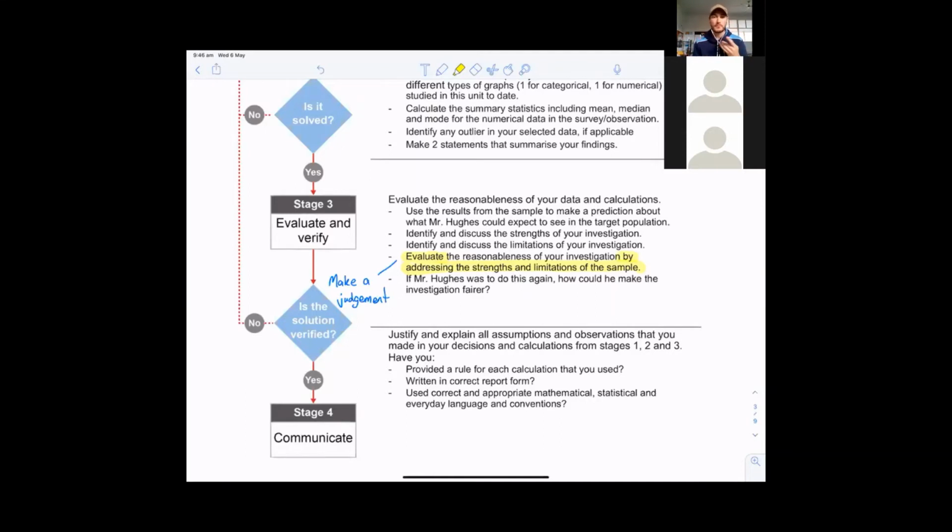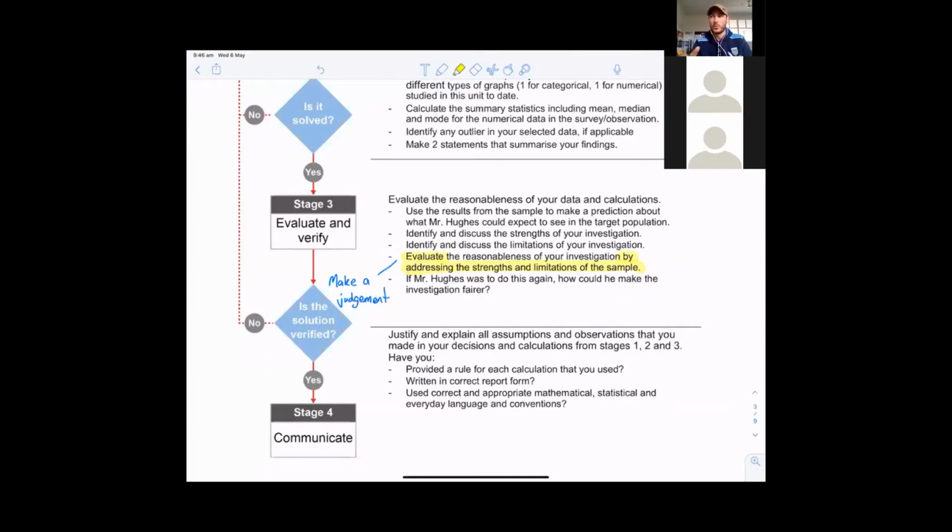Okay, there's no correct answer, so you're not going to get marked down either way, as long as you make a judgment. So say it's reasonable or it is not reasonable, based on these strengths and limitations. What we don't want, and what happens all the time, and it's understandable, but try not to fall into this